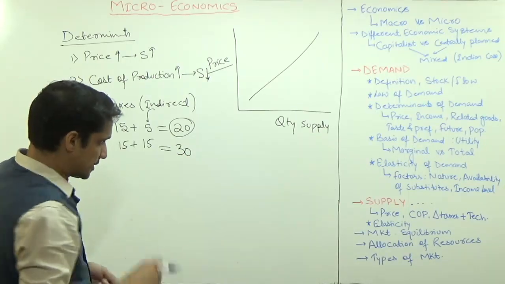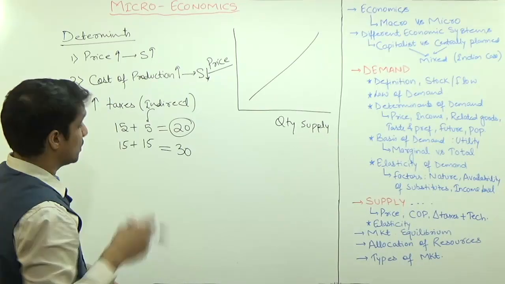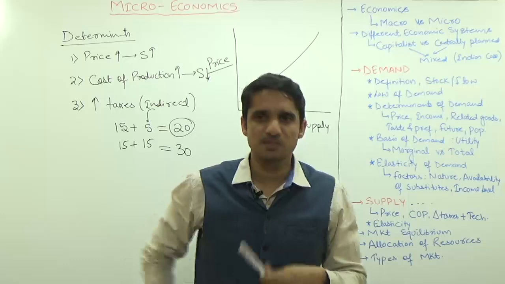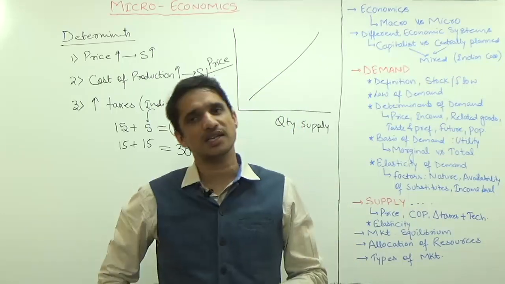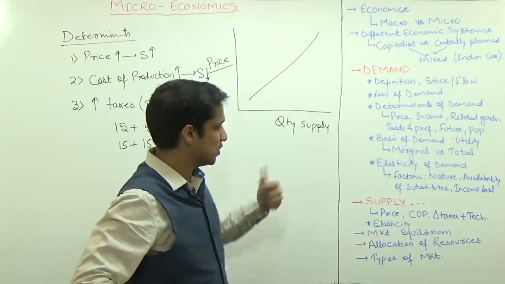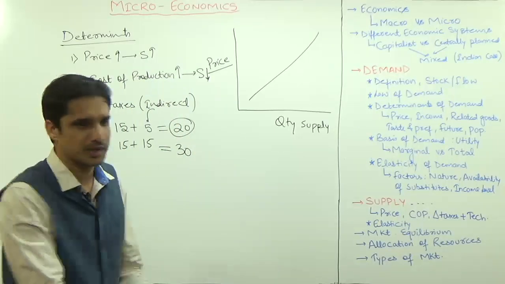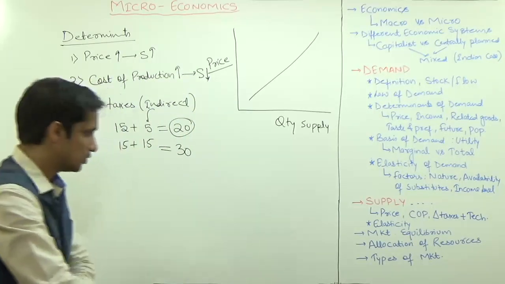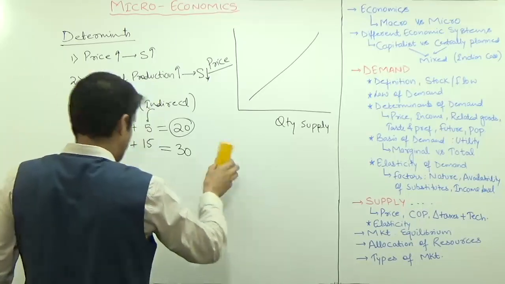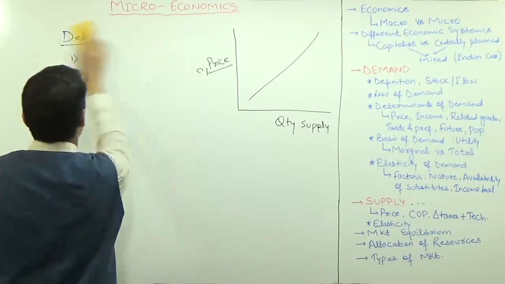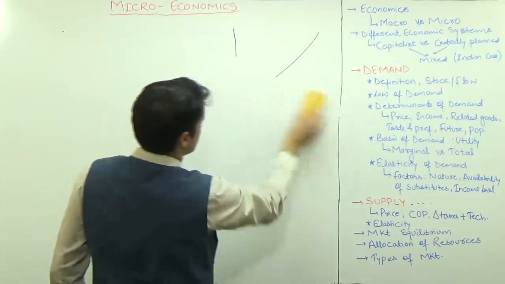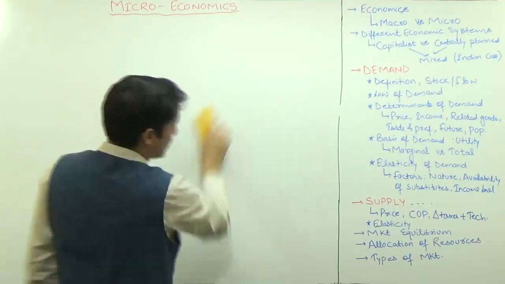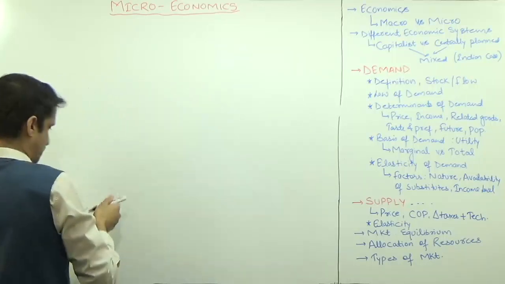Then the third one is the change in technology. Technology is a positive concept. If there is some change in technology, some specialization in technology, that is going to increase the supply. Then the elasticity of supply and the elasticity of demand are very much similar, except one thing. Can you draw the map? Let's put this video on hold and just draw the map of elasticity of supply.